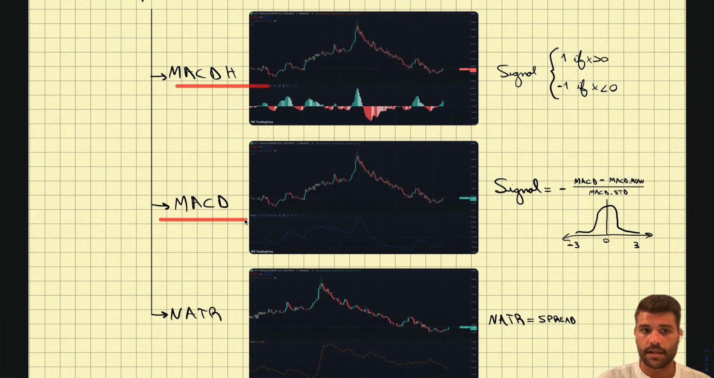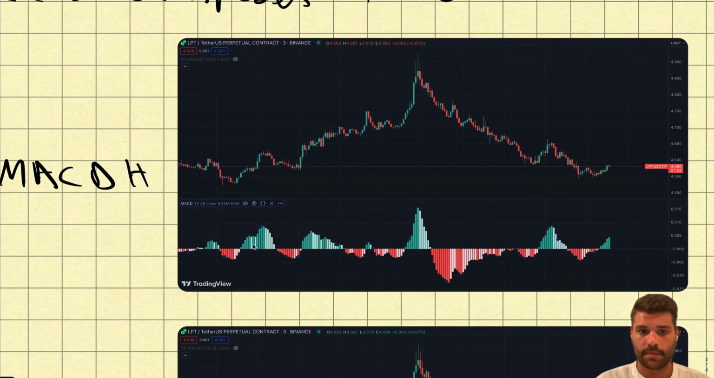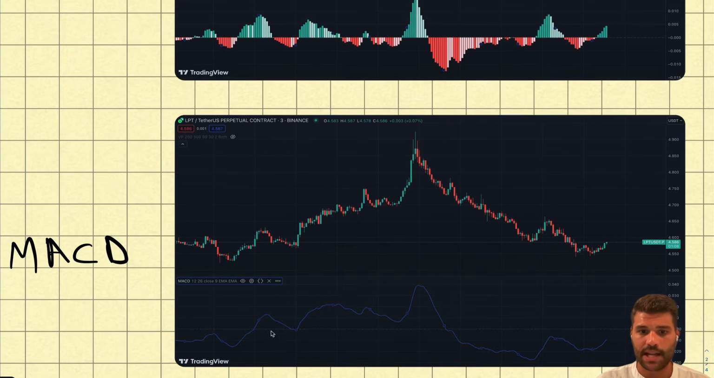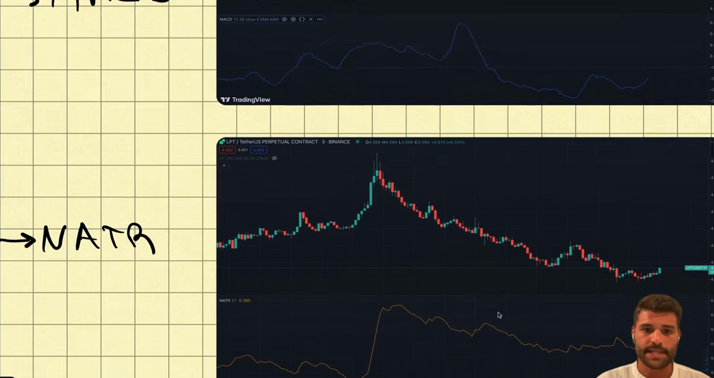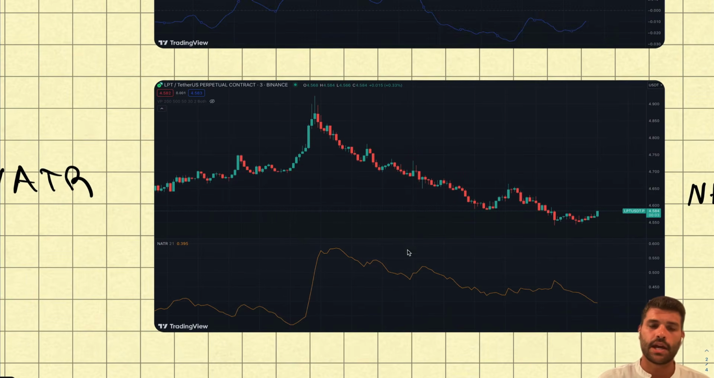The MACD that I'm going to use, this is the value of the MACD. As you can see, this is the histogram of the MACD. This is the value of the MACD. And this is the normalized average true range. What this average true range does, that is going to be the one that we are going to use for the first example, that is dynamic spreads, is a measure, to put it in simple words so all of you can understand,